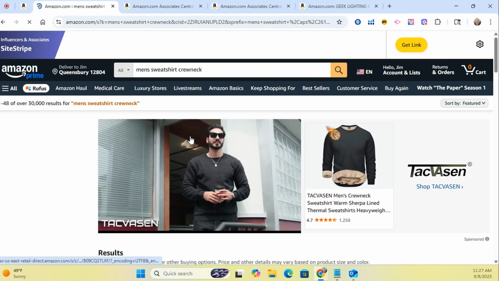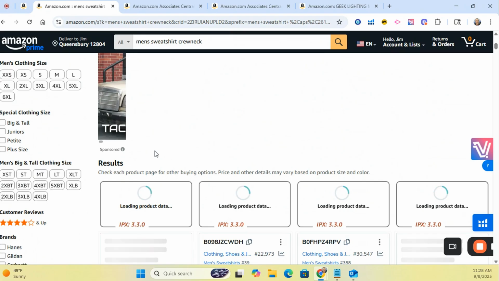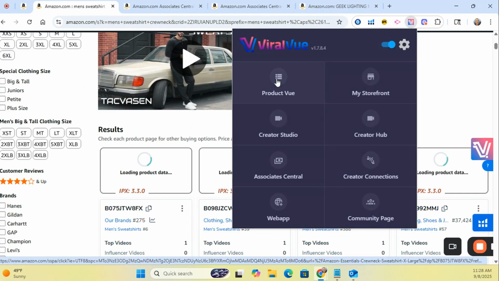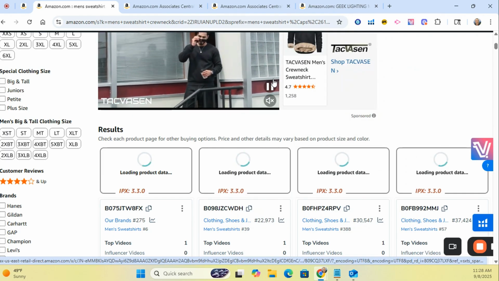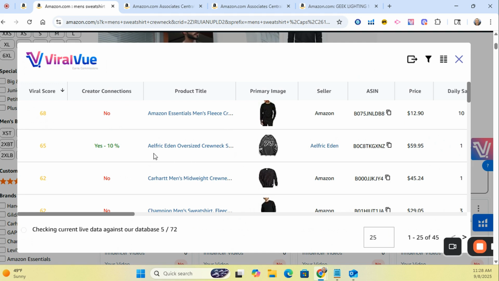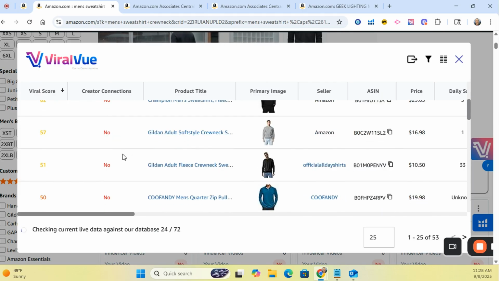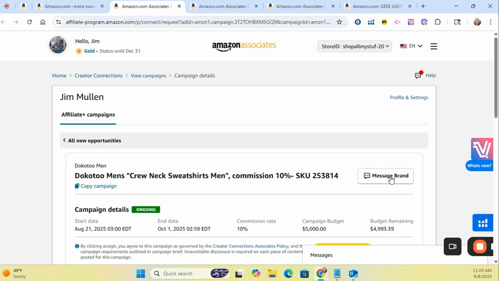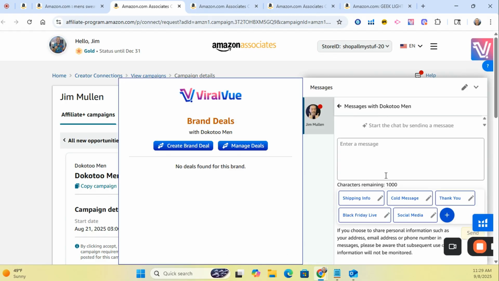So a crew neck. And so then you go up to the bar, you get the Viral View drop down, and you go to Product View, and it's going to sort everything by product, priority, viral score, and the green on the Creative Connections means they're in Creative Connections, and they're in for the extra 10% commissions. Creative Connections is going to give you extra commissions, and you apply to all of these Creative Connections with the messages, and you use Viral View to automate the whole thing and make it go so fast,